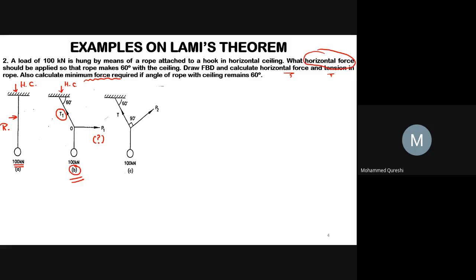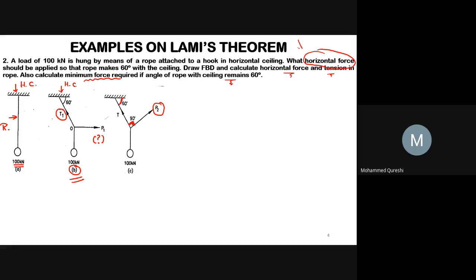Minimum force required means the force must be perpendicular to the rope. Then and only then you will get the minimum force. What I told you, the force must be perpendicular to the rope. Means here, suppose this is your P force and it should be perpendicular to the rope, to the tension in the string, or you may say the rope that is attached to a hook through the ceiling. If the angle of the rope with the ceiling remains 60 degree, the angle will also remain 60 degree only. So first of all, we will go for